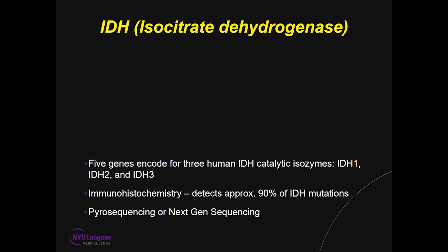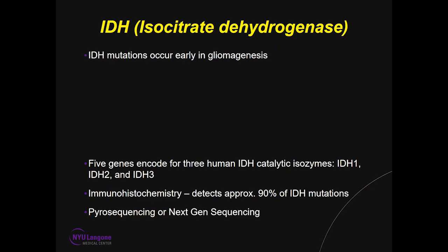So what is IDH mutation? Isocitrate dehydrogenase. It's basically 5 genes encoding for 3 human IDH catalytic isozymes. Majority will have either IDH1 or 2, but some cases also have IDH3 mutation. Most of the time, you can detect IDH mutation with immunohistochemistry, which detects almost 85 to 90% of the cases. However, to have 100% accuracy, you need pyrosequencing or next-gen sequencing to really detect the IDH mutation in